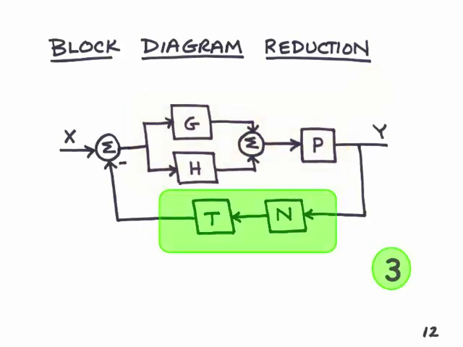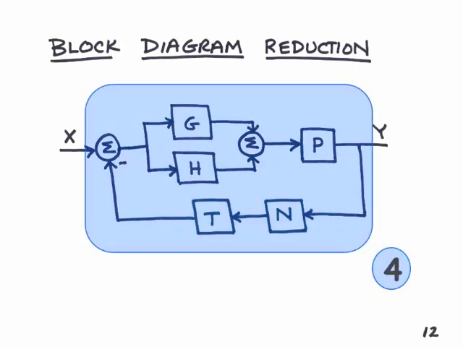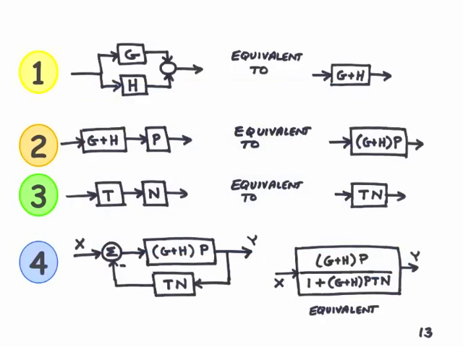In step 3, we'll combine the two transfer functions in the feedback loop. These are in a cascade interconnection. Finally, in step 4, we'll collapse the feedback loop to find the transfer function between input X and output Y. We'll use the results that we discussed in this presentation. For step 1,